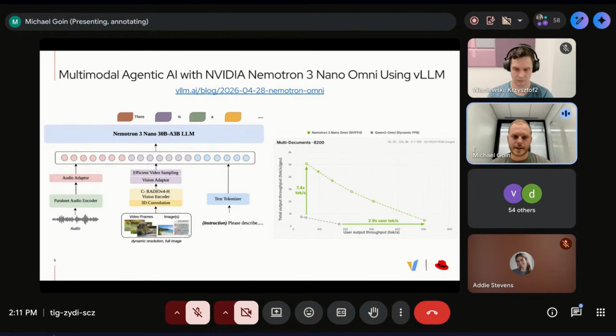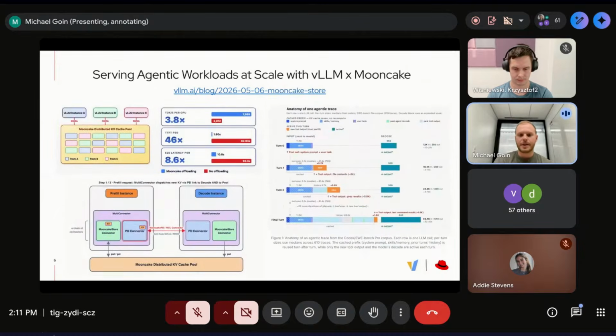And there are some pretty interesting insights there on how they implemented this efficiently from the model architecture perspective, especially in terms of efficient video sampling, which I think was covered quite well. They compare against Qwen 3 Omni on Blackwell GPUs and show great efficiency gains. And of course, it's a pretty capable model that's interesting for enterprise usage as well, because it's permissively licensed. So check that out if you're interested in those features.